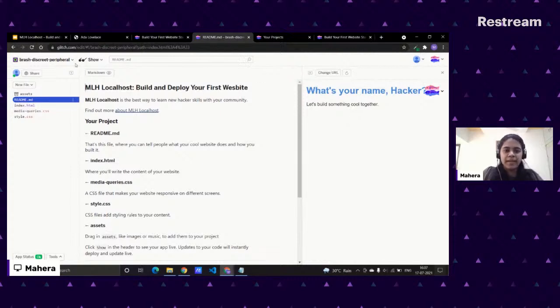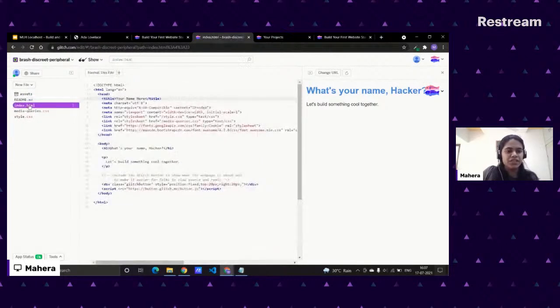Okay, so I assume by now everyone must have been on this page. This page is basically where we're going to be building our website, where we'll be writing all our code. You can click here. You see these folders and files out here. Click on index.html. This is going to be the starter template for the HTML that we're going to